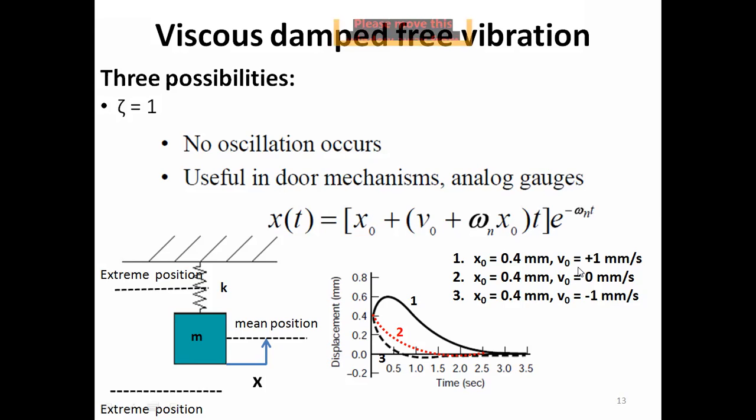And if we look at the velocity, it is not 0. The velocity at the extreme positions is 0, so it means that the mass has not reached the extreme position. The mass is here, at some intermediate position where the displacement is plus 0.4. So it is, let's say, somewhere here. But since the velocity is not zero, it is still moving, so it would reach the equilibrium position.